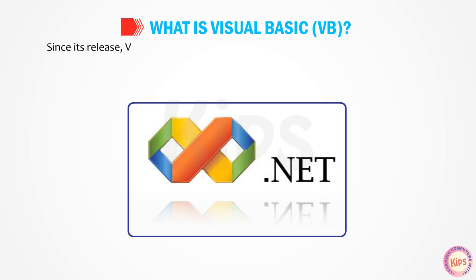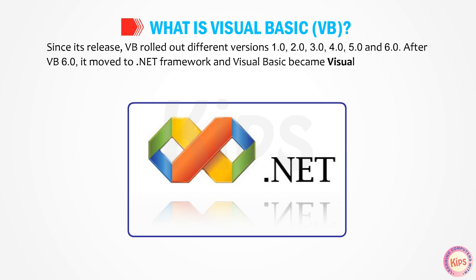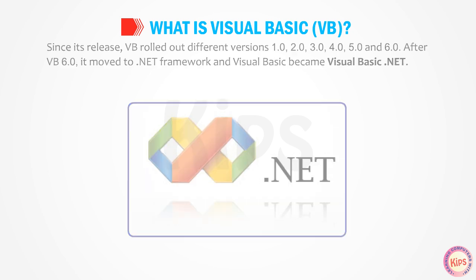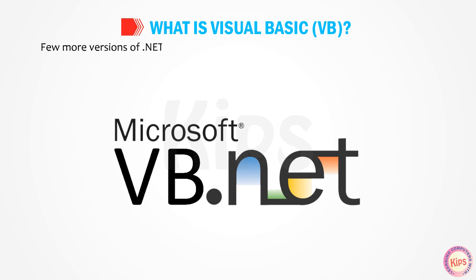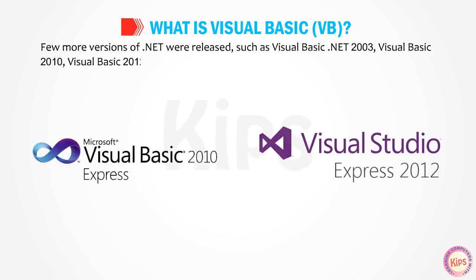Since its release, VB rolled out different versions: 1.0, 2.0, 3.0, 4.0, 5.0 and 6.0. After VB 6.0, it moved to the .NET Framework and Visual Basic became Visual Basic .NET. Few more versions of .NET were released, such as Visual Basic .NET 2003, Visual Basic 2010, Visual Basic 2012, and